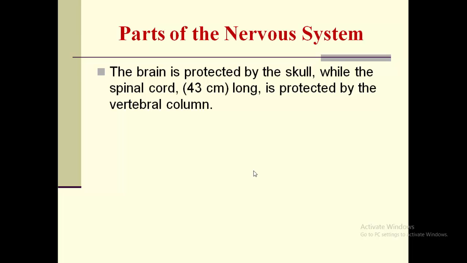Now, because of its genius composition, the brain is protected and has to be protected within a bony box. This is the skull, and the spinal cord, which spans a distance of 43 centimeters, is again protected within bone that is now called the vertebral column. You see how God Almighty has made all possible proofs to protect such a genius program.